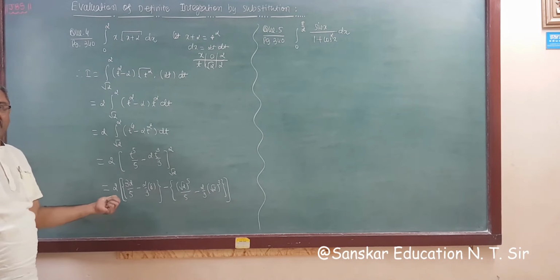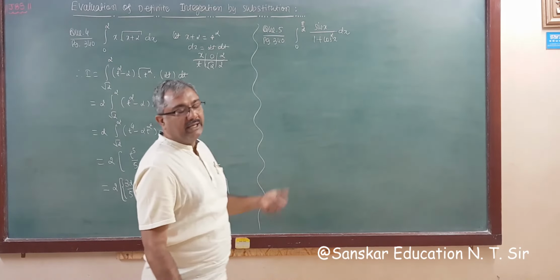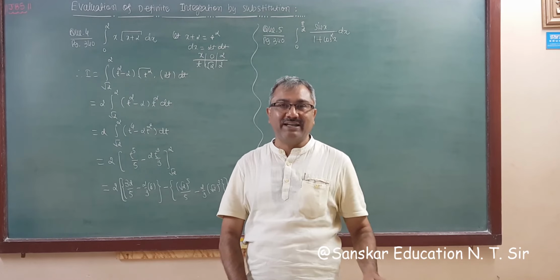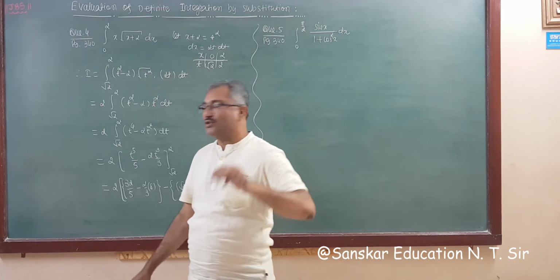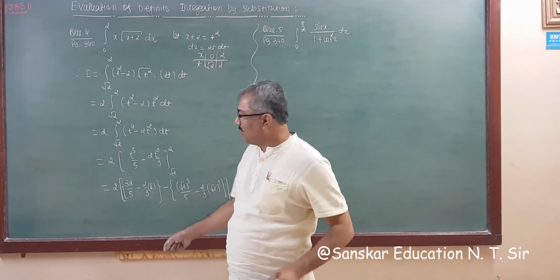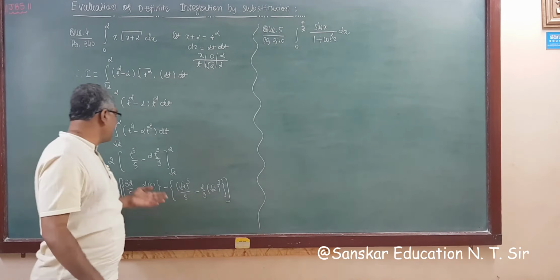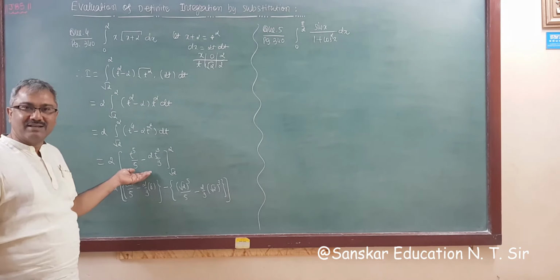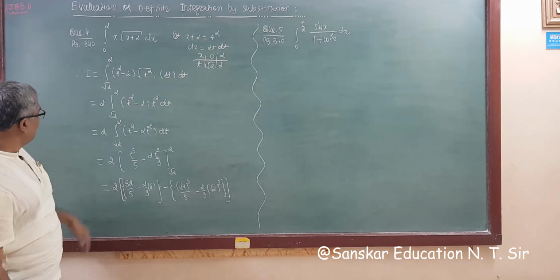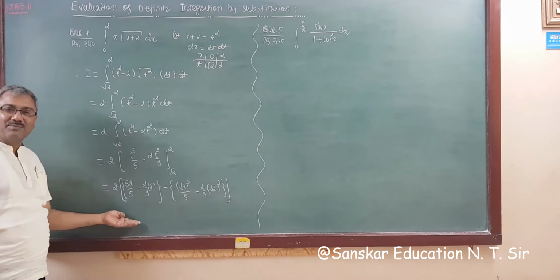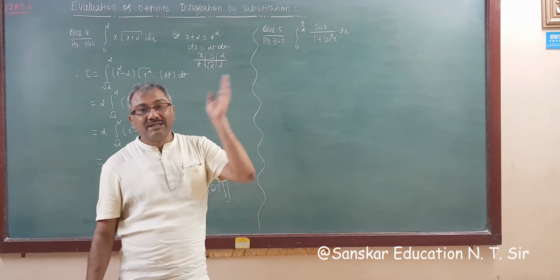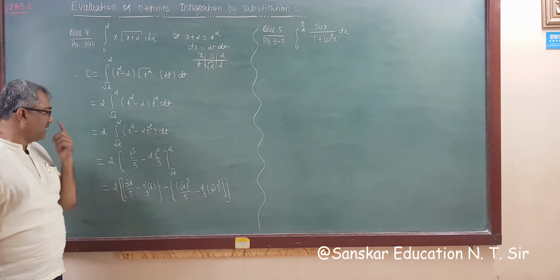Now you have to simplify. And as I told you, in definite integration you have to write more steps than indefinite integration after substituting in the limit. Because if this is an indefinite integration, your answer is this one. Finish. Replace t, whatever you assumed. But in definite integration, you have to substitute the value and after that simplify it also. So it takes time now, right?